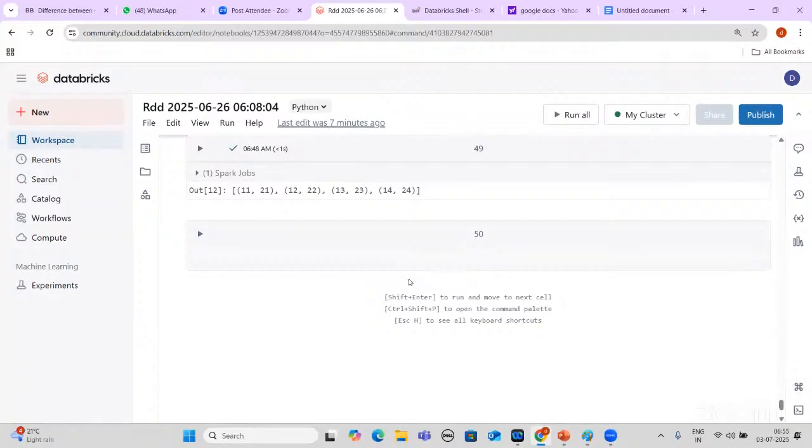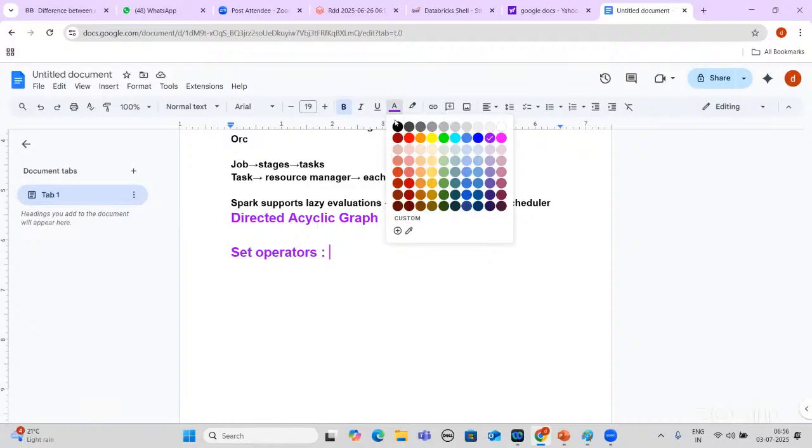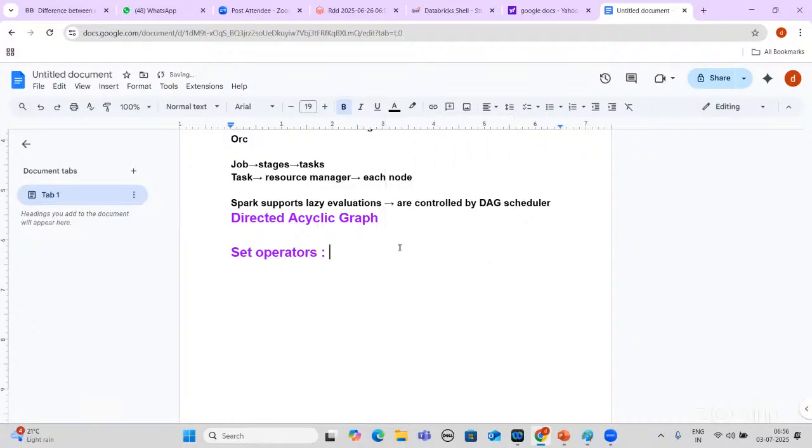And one more thing we need to discuss, that is set operators. So what are the set operators we are having? In any RDBMS, set operators are nothing but different data, but same structure.